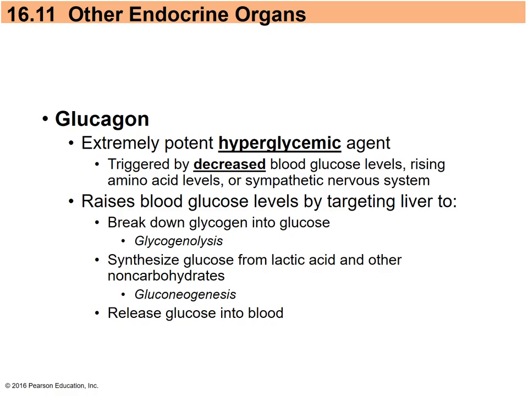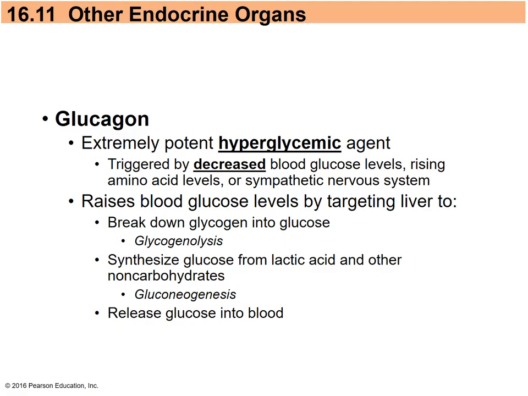It can also be triggered by the sympathetic nervous system. So the idea is glucose levels are low in the blood, you need to get it up. You need to raise those levels. So how are you going to do this? Well, the glucagon is going to target the liver. And why is that? Because when you have excess glucose,